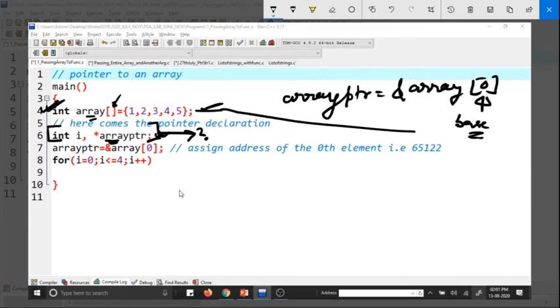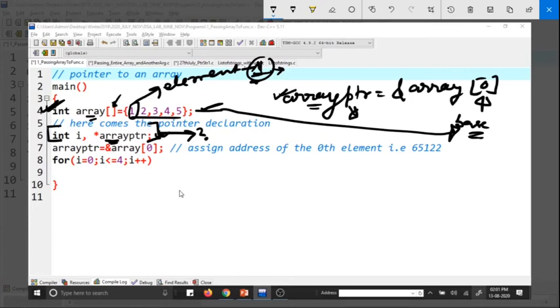This is the base address. That means which element? This one, integer 1. The address of integer 1 is getting stored in array pointer. Now you can say that this array pointer is a pointer through which we can access all elements inside this array, which are 1, 2, 3, 4, 5, because the address of 1 has been assigned to the array pointer, which is array[0], the 0th address, not the element. Once you catch hold of this, then it is very well possible. Assigning the address of the 0th element is important.